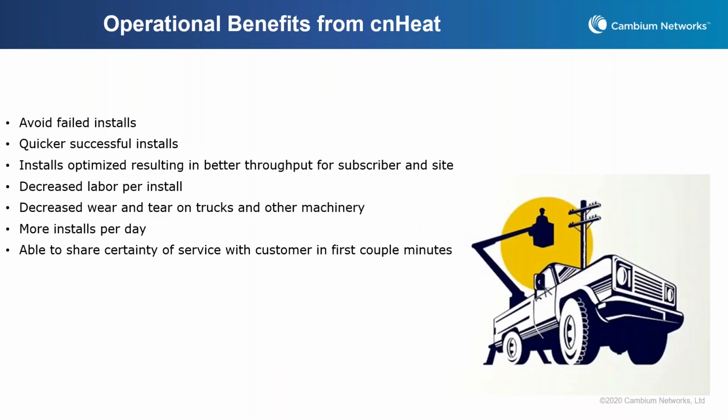Okay, so what are some operational benefits that what I just related with cnHeat Locate can provide for you? You can avoid your failed installs. You have quicker, successful installs. The installs are optimized. So what I mean by that is if you find the best place with the best RSSI, as opposed to the installer not finding that, they might find a worse RSSI, then your throughput's better for the subscriber site, and it'll be better for your access point site, so you can put more access points on